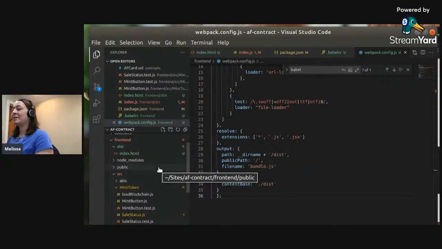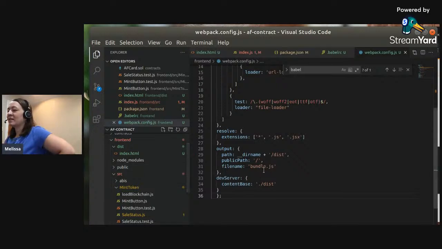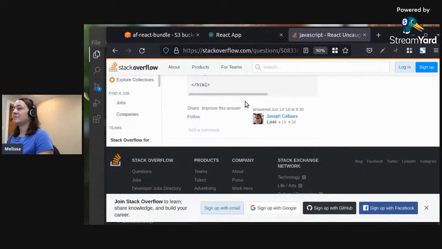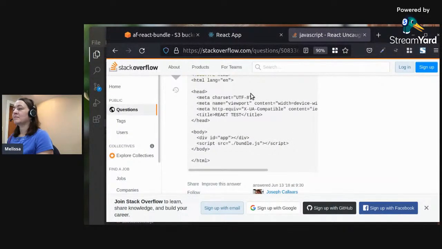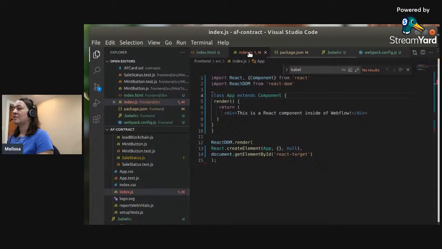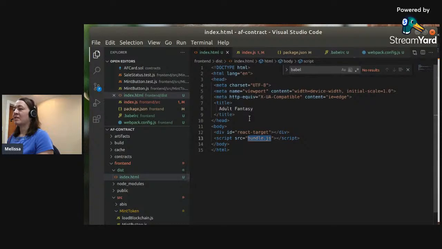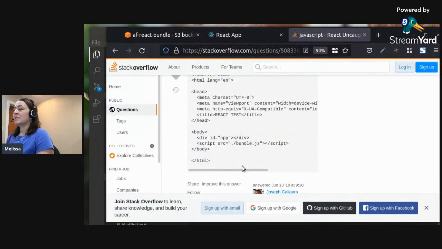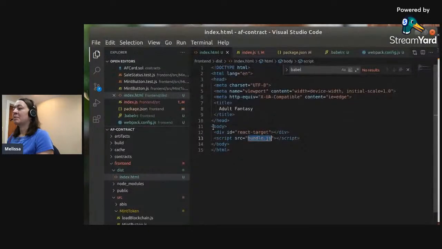It's clearly happening because it's not finding it. Making sure. Right, and then the index HTML is what we're looking at. Div ID, React target. I mean, we could make it